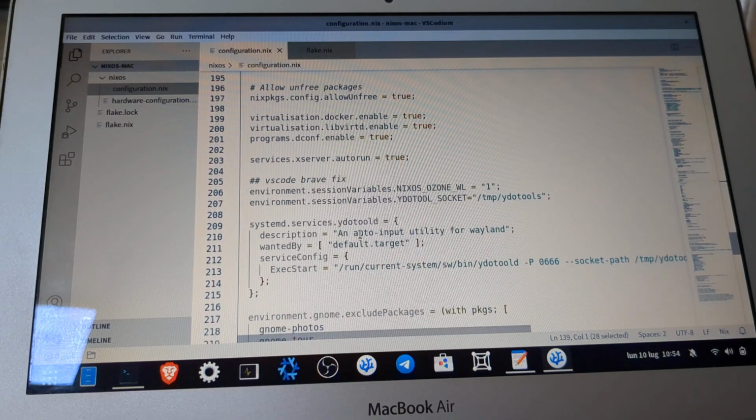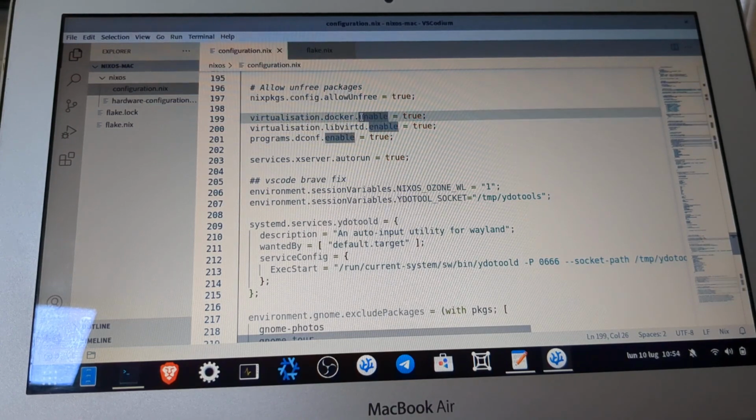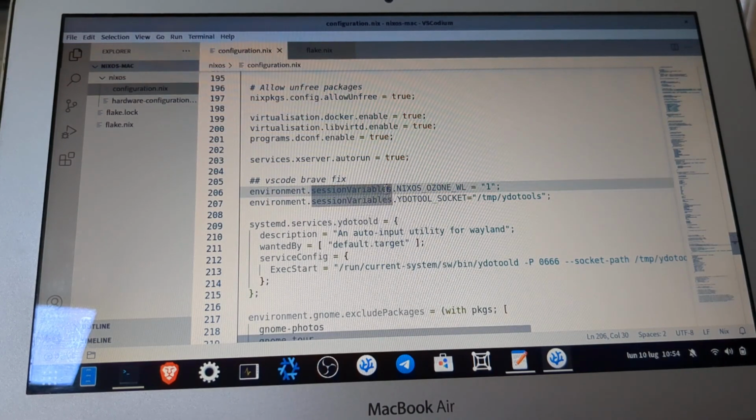And here we have some tweaks that you have to do also in other Linux distributions. So with just a line, you can enable Docker in your system, and you can also enable special configuration.